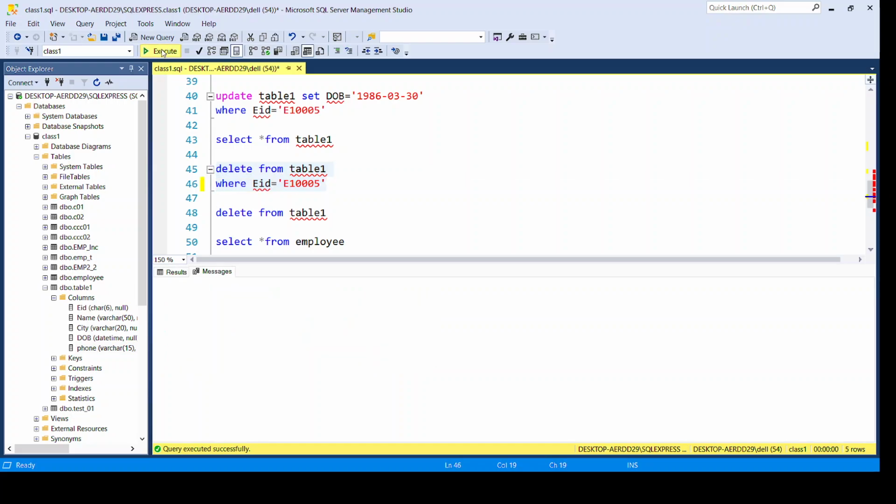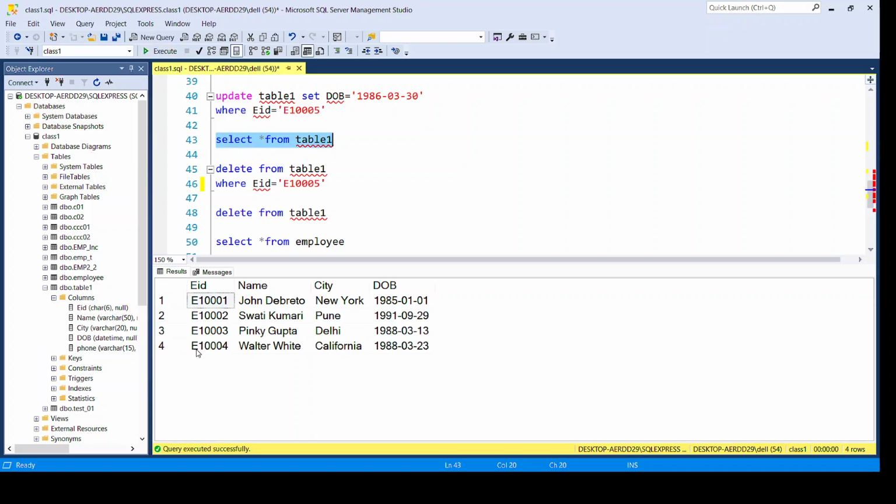So execute. One row affected. Now you will see that the entire record of the last employee is gone from the table. See, now we are left with only 4 rows. All the columns are there, all the fields are there, their corresponding values are there, but only up to 4 rows. The first 4 rows. The last row I deleted thanks to this particular value of EID, which I used to select that entire row and gave this command, delete from table 1, specifying wherever the EID is this particular value